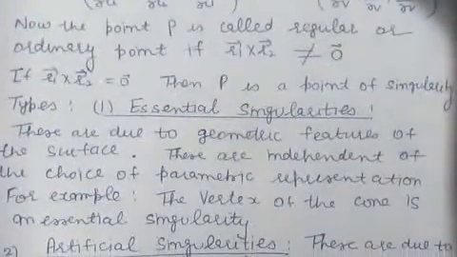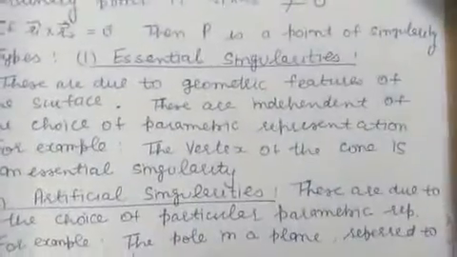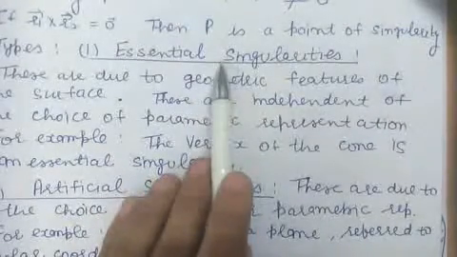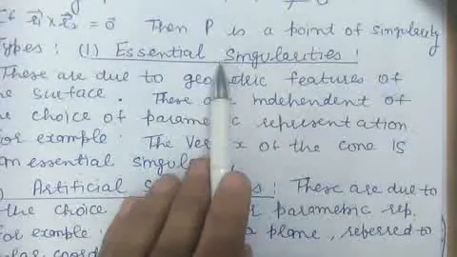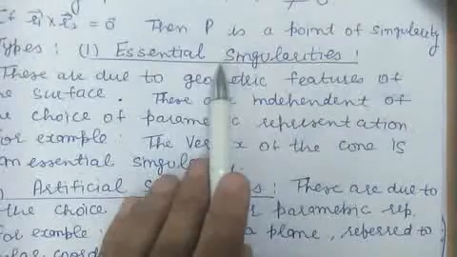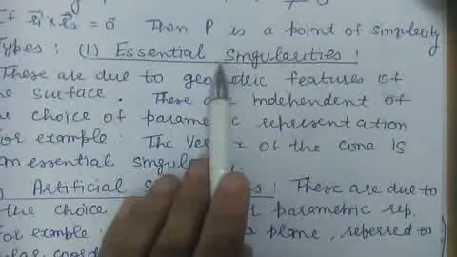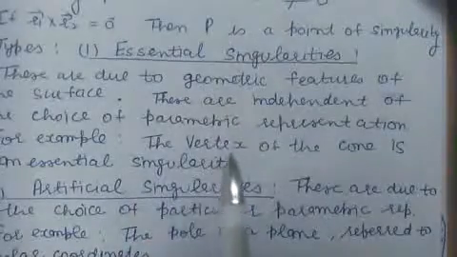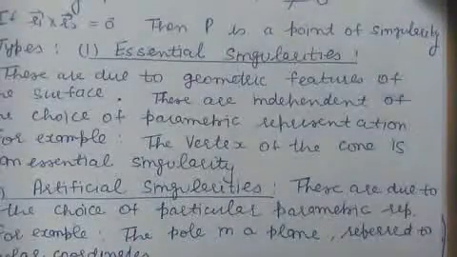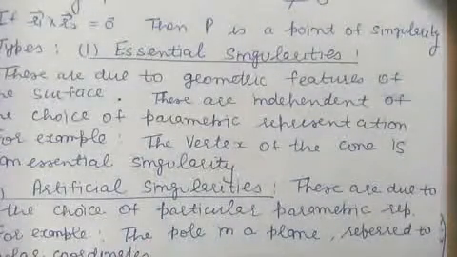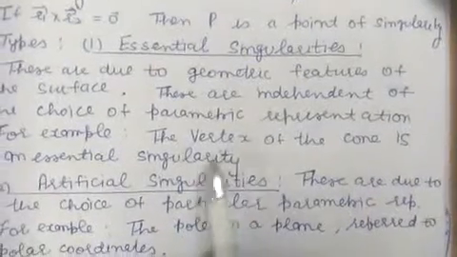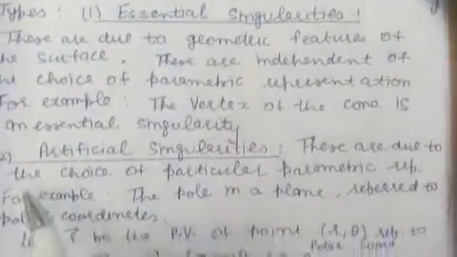Generally we have two types of singularities. The first type of singularity is essential singularity. Essential singularity is due to the nature of the surface, or we can say these are due to the geometrical properties of the surface. Geometrical properties means they are independent of the choice of parametric representation. For example, the vertex of a cone is an essential singularity. The next kind of singularity is